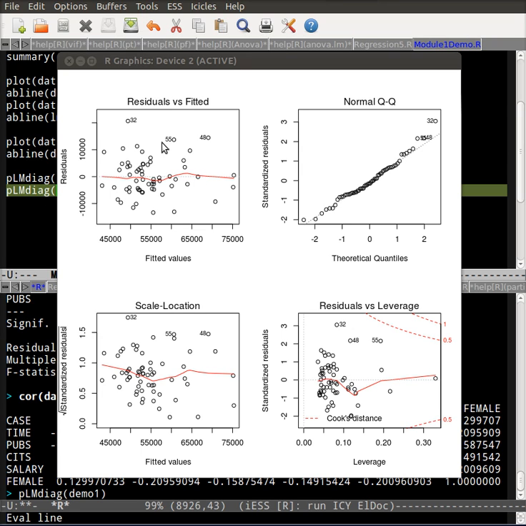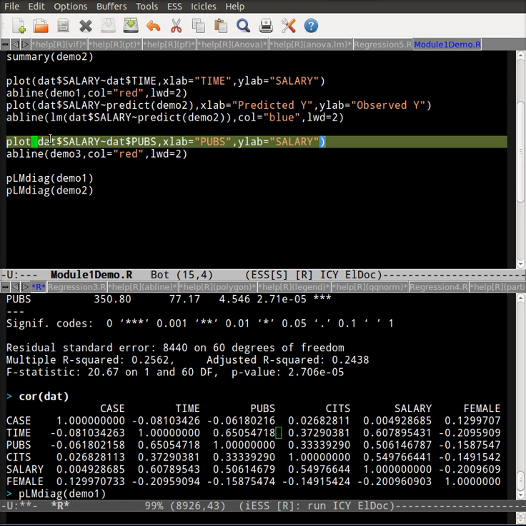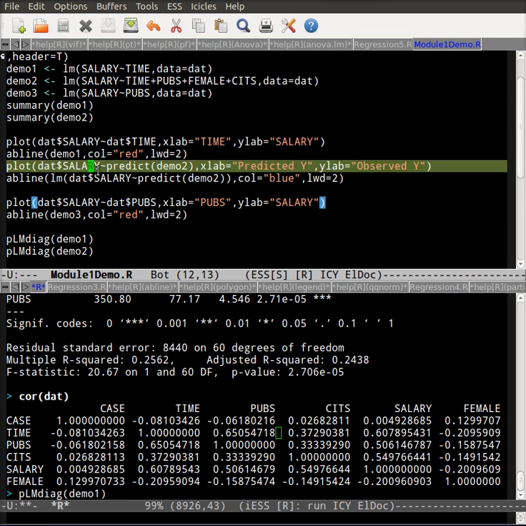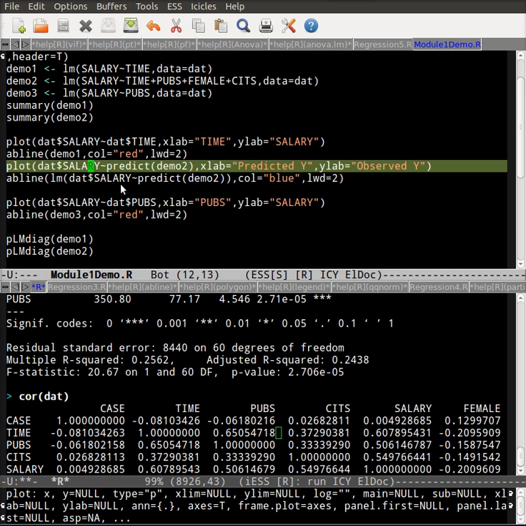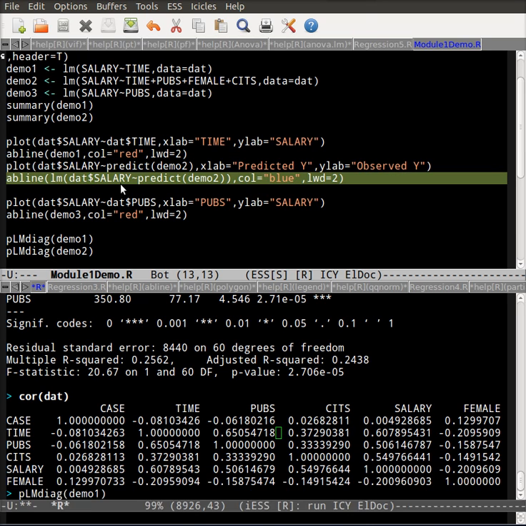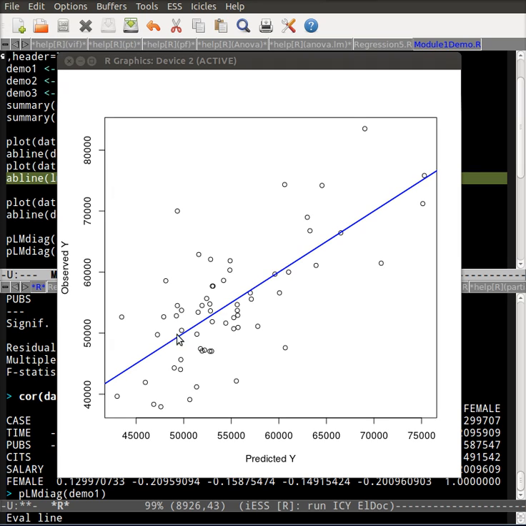They're not great. They're mostly stacked up on the lower end, as you saw from the plot that I did right here. When I did this plot and this plot, you'll see that most of my values are pretty far down here. Now notice I'm no longer using an x variable here. I'm using predicted y over observed y, and the reason is you can't plot